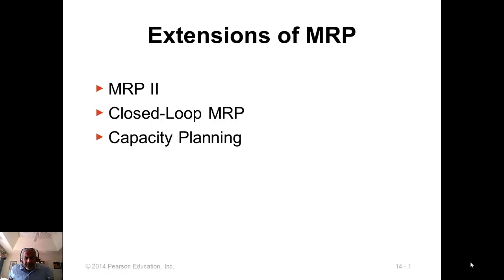Now let's discuss some extensions to the basic MRP. What we have discussed so far on MRP was introduced about 40-50 years ago, and over the period of time, as computer technology improved in terms of computational power and amount of information that it can handle, more and more advances were introduced to the MRP system. So we're going to look at two of them, MRP2 and closed loop MRP, and the third one is ERP. That's even a further extension of these concepts like in MRP2. Then we will also look at capacity planning concepts.